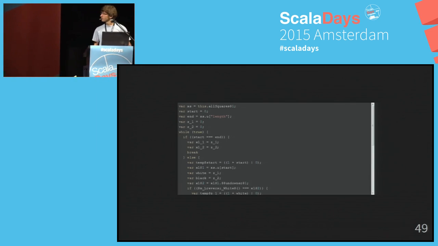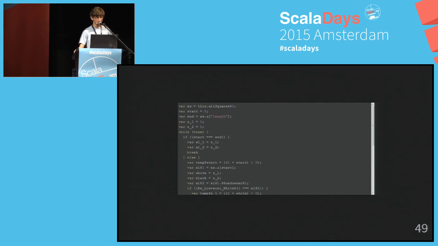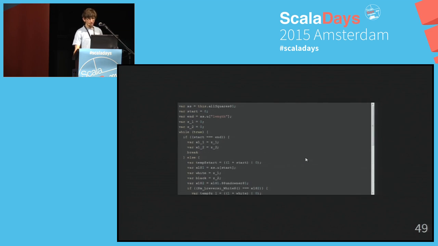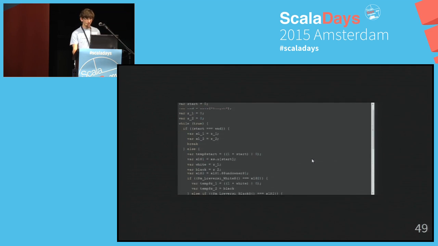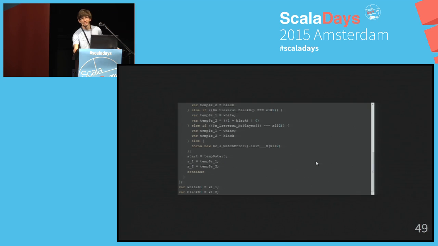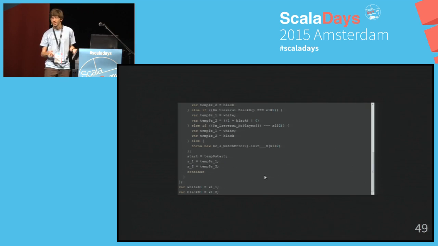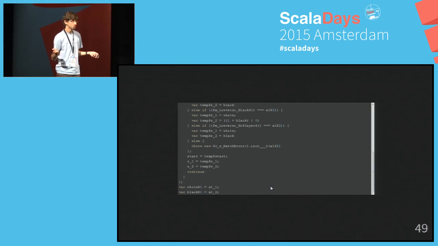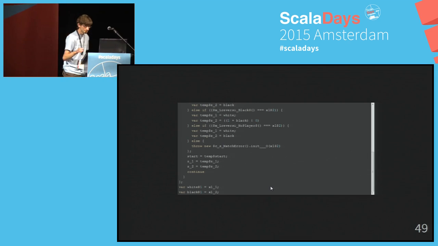Don't worry, you don't need to read it all, but just look at the translation: basically, you have only local variables, a while loop, a couple of pluses, and a couple of ifs. That's all. There is no lambda. There are no tuples. They're all gone. It's just local variables and a while loop. That's pretty cool.